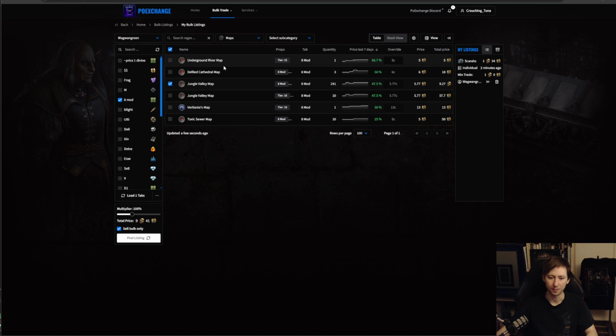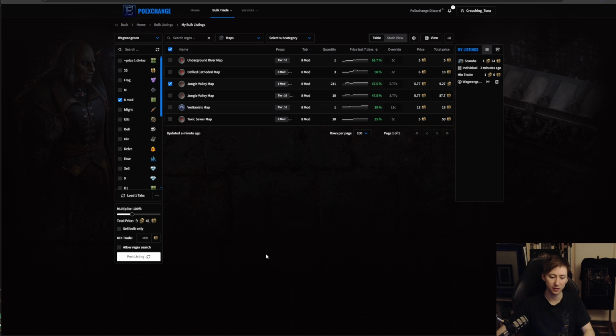And then what you want to do to sell your 8-mods is sell them individually. That is because 8-mods in general, people want to be buying them with a regex. And a regex is a way for people to filter modifiers that they want to run as well as modifiers that they don't want to run, in addition to potentially giving also a minimum quantity and that kind of stuff. So to do that, you will go at the bottom left of this column, and you will